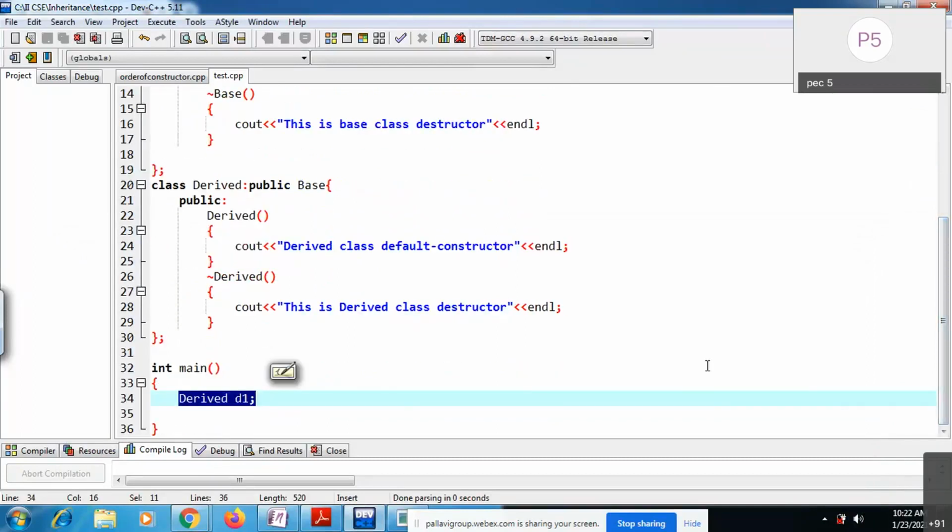Simple, just remember: constructors are called base first, then derived. Once the scope of the object ends, destructors are called derived first, then base. Clear, right?